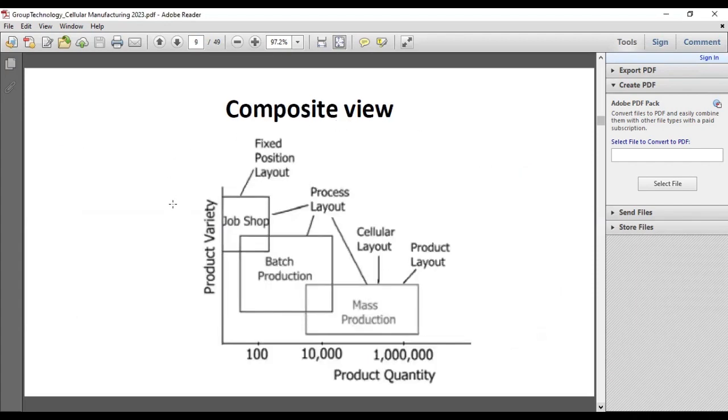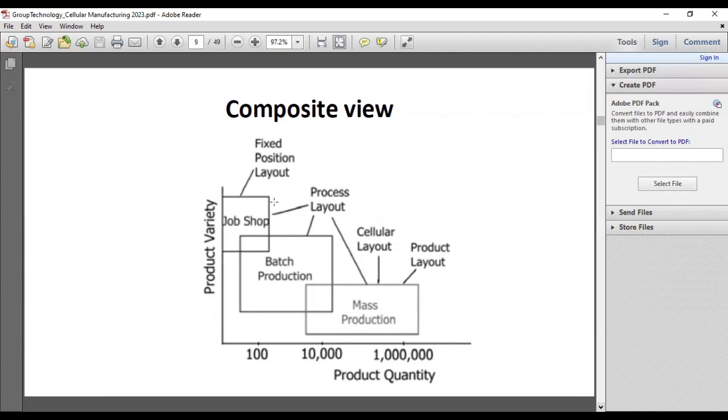So this is everything what we discussed. So if you consider about the product variety and production quantity, in all these manufacturing processes like job shop, batch production, and mass production, the fixed position layouts are used